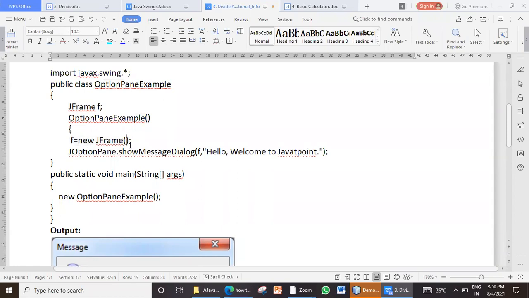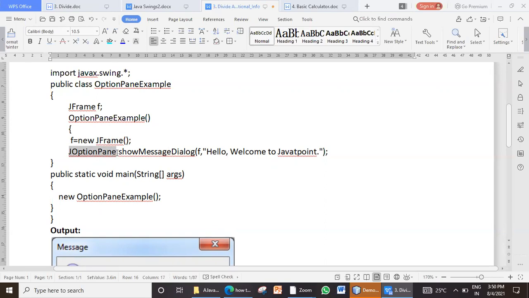If you want, you can even pass the title here, demo or something like that. Anyway, now we'll avoid the complication. Inside the frame, I don't have anything. I want to display only a small message through that message dialog box.